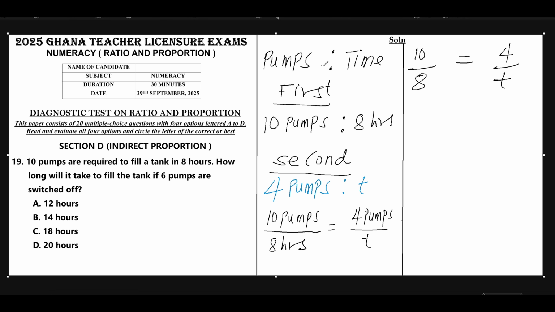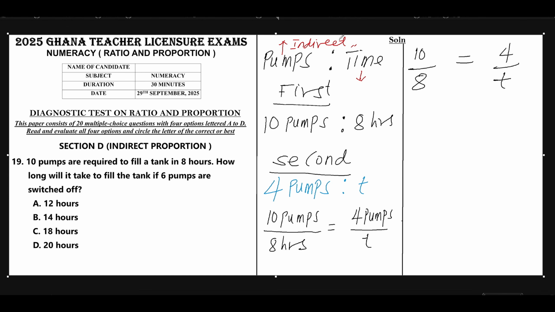So we know that as the number of pumps increases, it will take lesser time to fill the tank. On the other hand, as the number of pumps decreases, it will take a longer time to fill the tank. So as the number of pumps increases, it causes a decrease in time. So this is an indirect